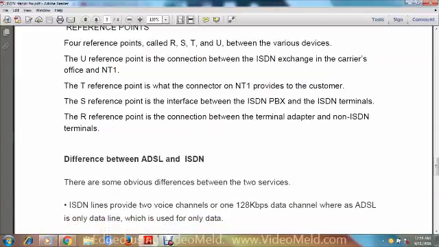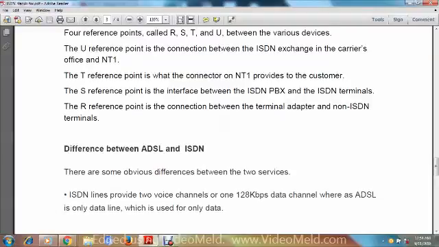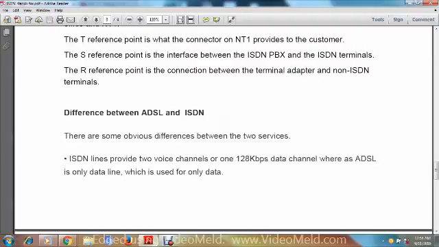Difference between ISDN and ISDN. There are some obvious differences between the two services. ISDN lines provide